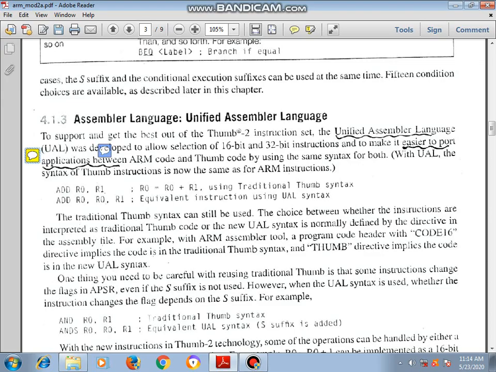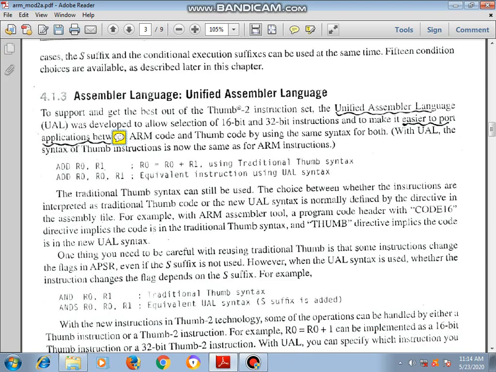And to make it easier to port applications between ARM code and Thumb code, we use unified assembly language with the same syntax for both. We'll see how it can be performed.